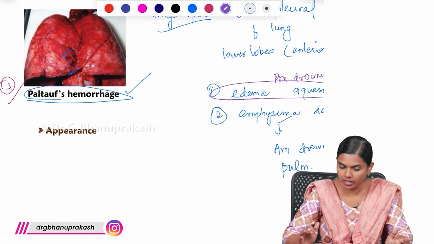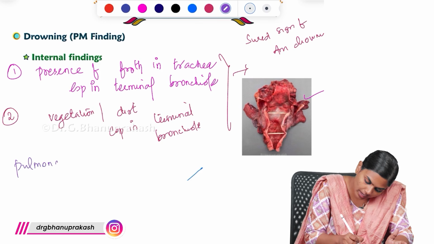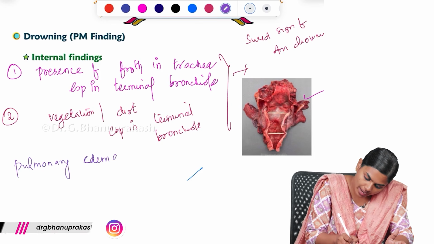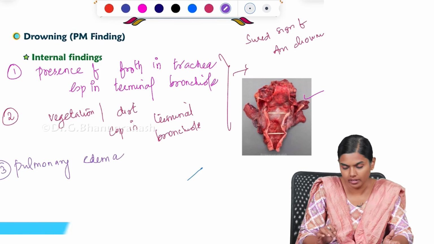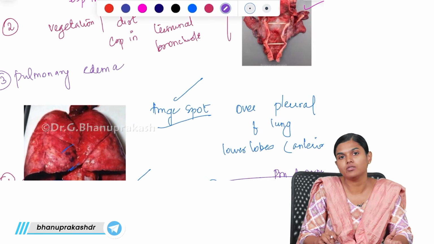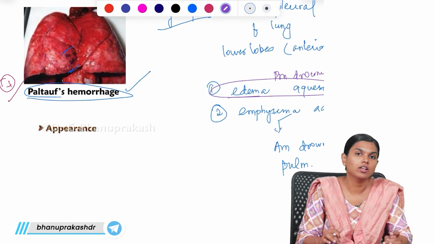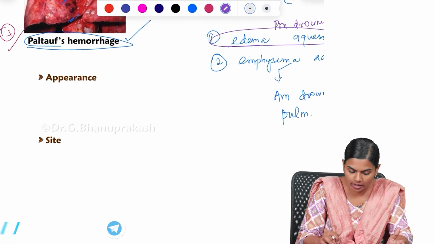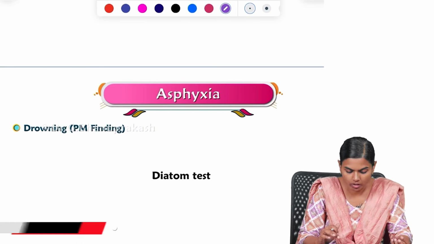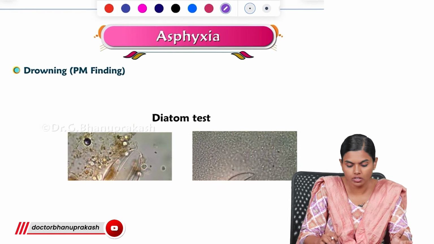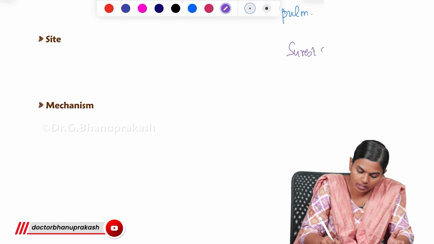And one more accurate thing is that you will get to see massive pulmonary edema. This pulmonary edema is also one important feature in case of drowning death. And these are the main findings that we see in case of drowning. If you see any aquatic vegetation, if you see froth beyond the level of trachea inside the bronchi, then you can surely say that these are cases of antemortem drowning. So finally, if they ask you what are the surest signs of antemortem drowning, you have the surest signs.